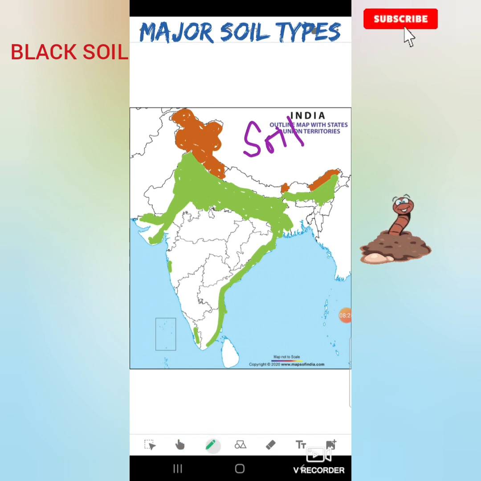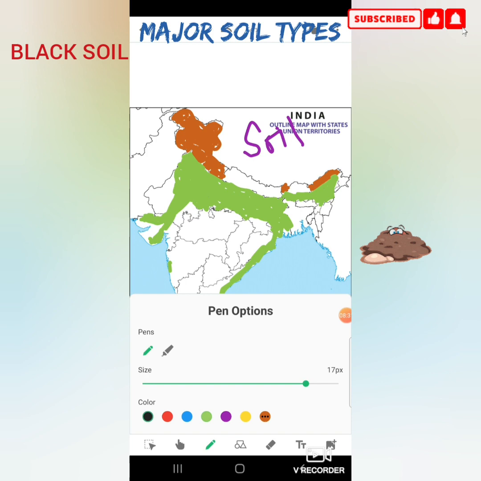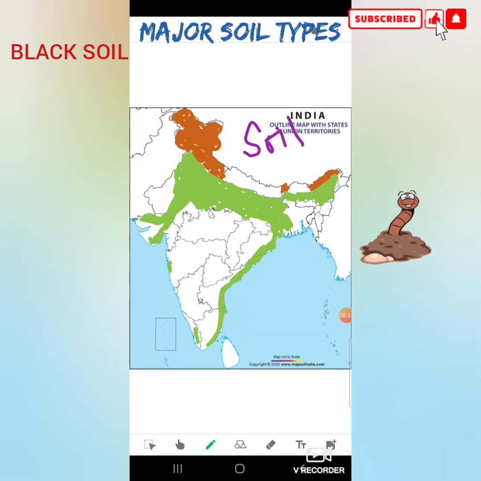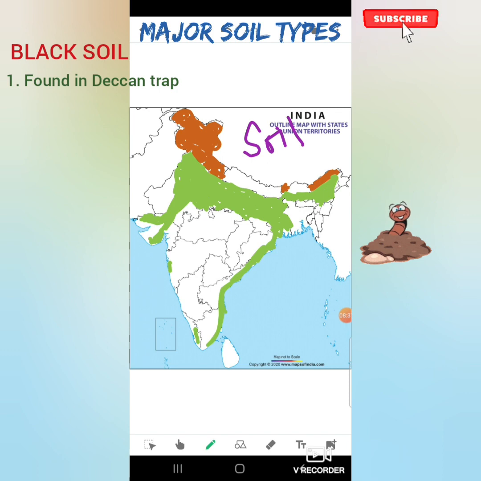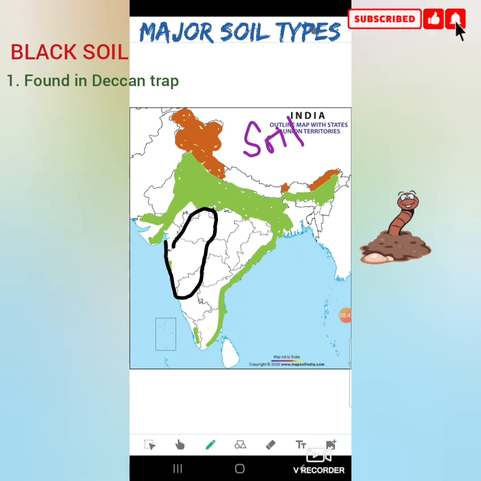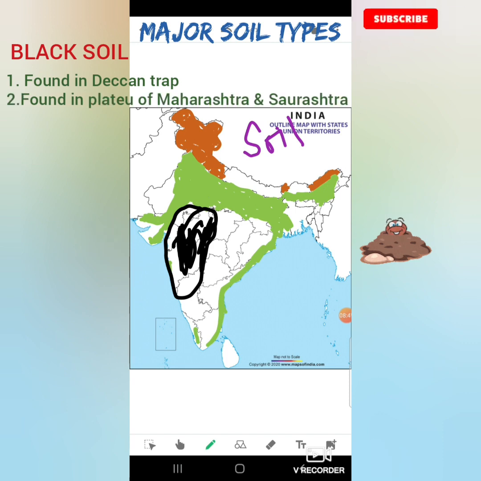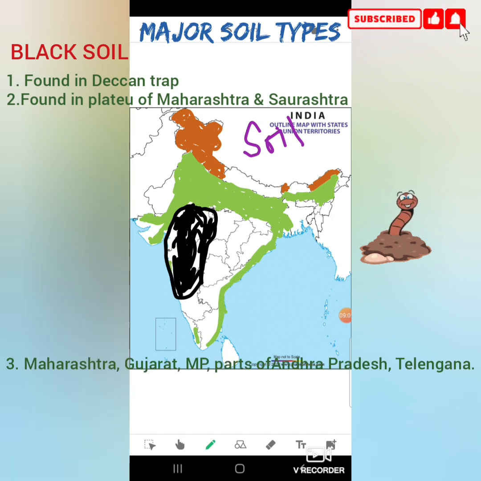So let us go for the shading. Now I will choose black color because I am going to show you the black soil region. The black soil is found in the western part of the peninsular plateau. You see, this is the western part of the peninsular plateau. So very easily we can shade this, the western part of the peninsular plateau, which includes Gujarat, Maharashtra, Madhya Pradesh, and then some parts of Karnataka. Down here you see some parts of Karnataka also. Then some parts of Telangana, Andhra Pradesh, a little bit here also it has gone. You can check it in your book also.